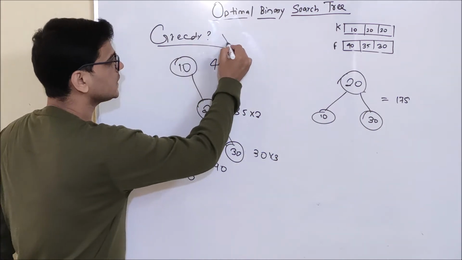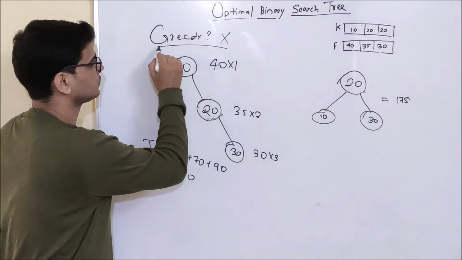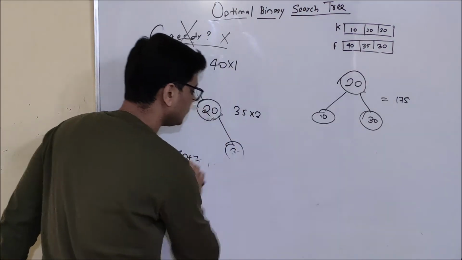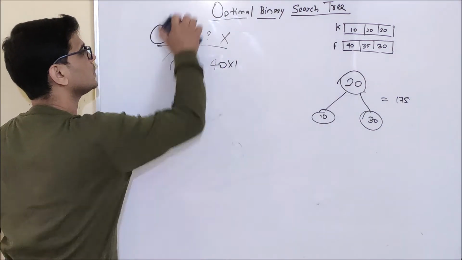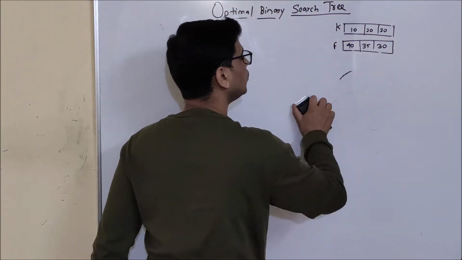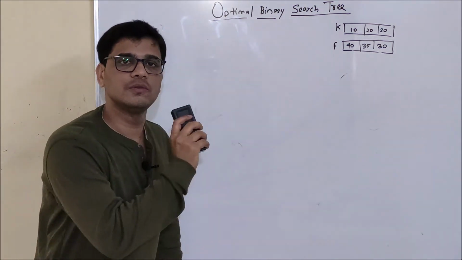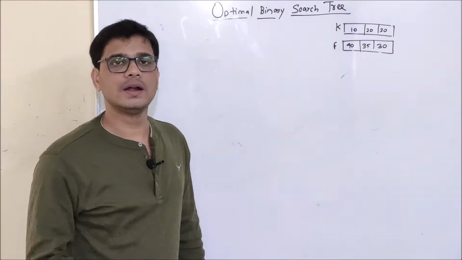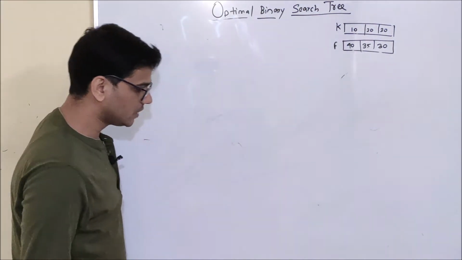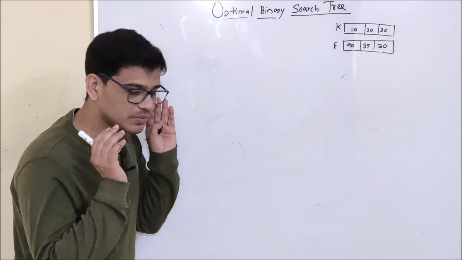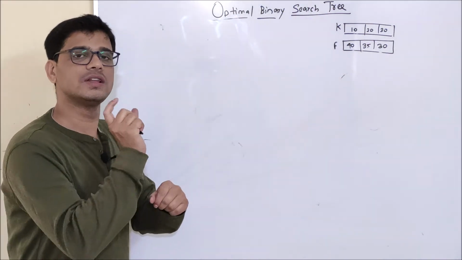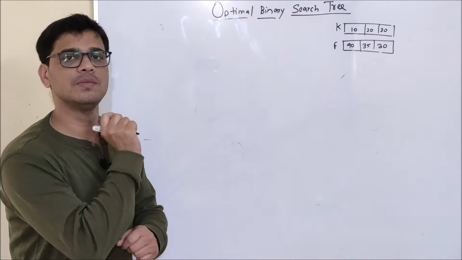So is greedy working here? The answer is no. Greedy will not work here. So what are we going to do next? We will see if we can do anything better. Basically, here I will look for a brute force solution. You may be thinking, why brute force solution? See, what is dynamic programming? Dynamic programming is a clever brute force algorithm, nothing else. So in the brute force algorithm, if I have some keys, I will make each of the keys root, check the cost, and choose the minimum one.